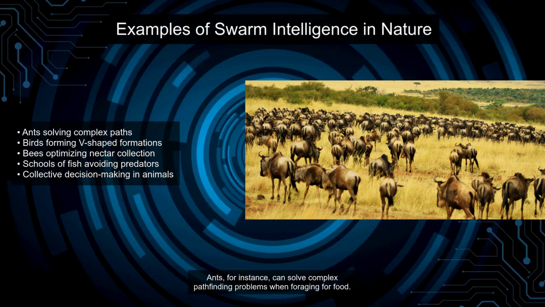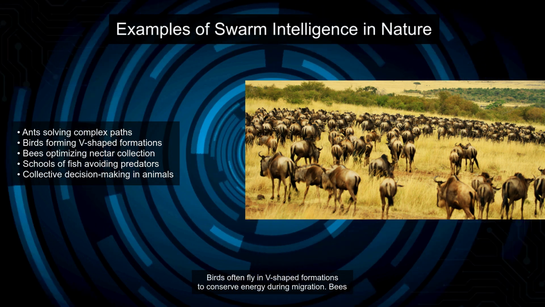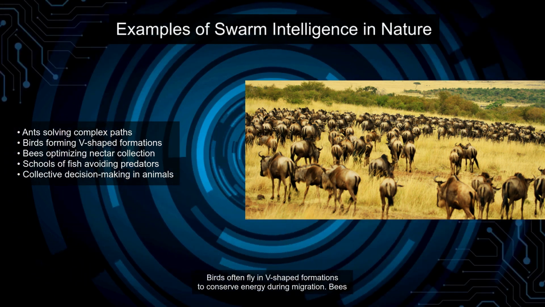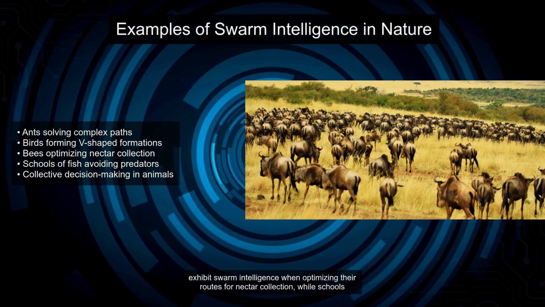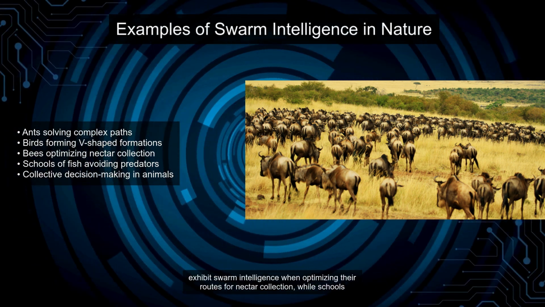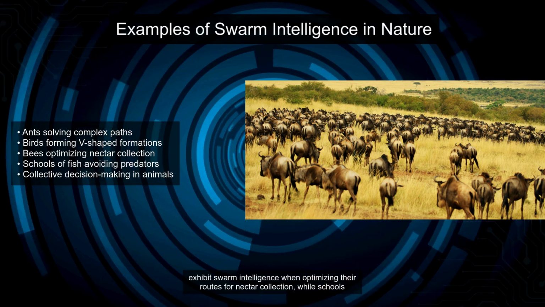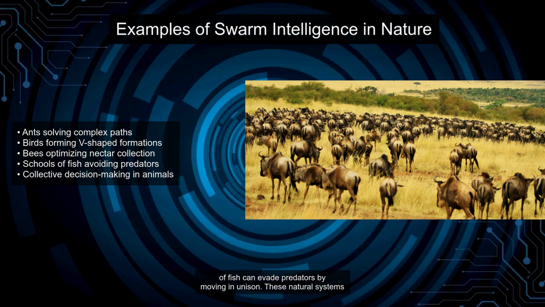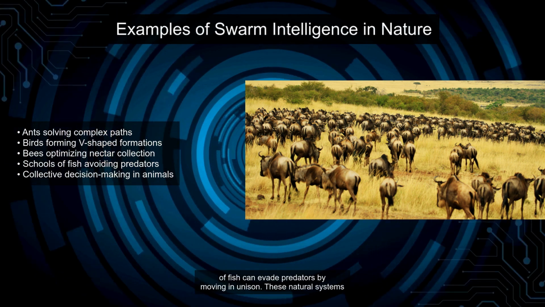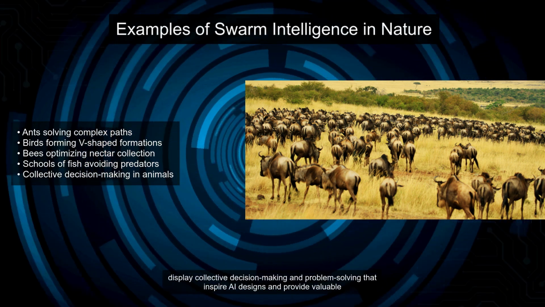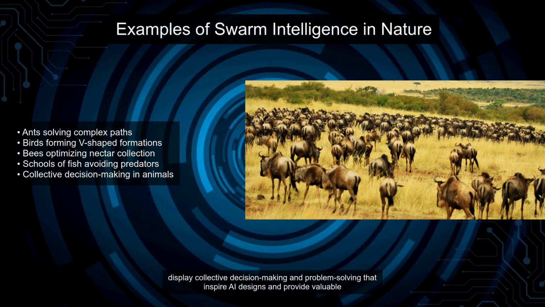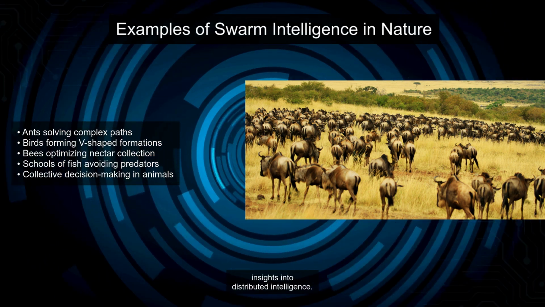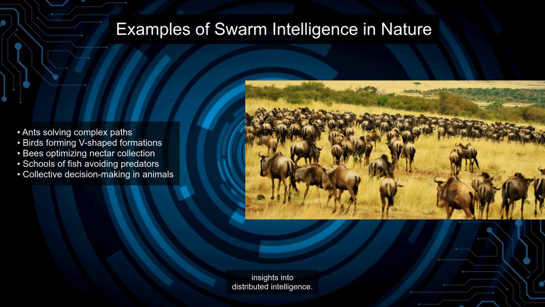Nature provides numerous examples of swarm intelligence, each demonstrating unique problem-solving strategies. Ants, for instance, can solve complex pathfinding problems when foraging for food. Birds often fly in V-shaped formations to conserve energy during migration. Bees exhibit swarm intelligence when optimizing their routes for nectar collection, while schools of fish can evade predators by moving in unison. These natural systems display collective decision-making and problem-solving that inspire AI designs and provide valuable insights into distributed